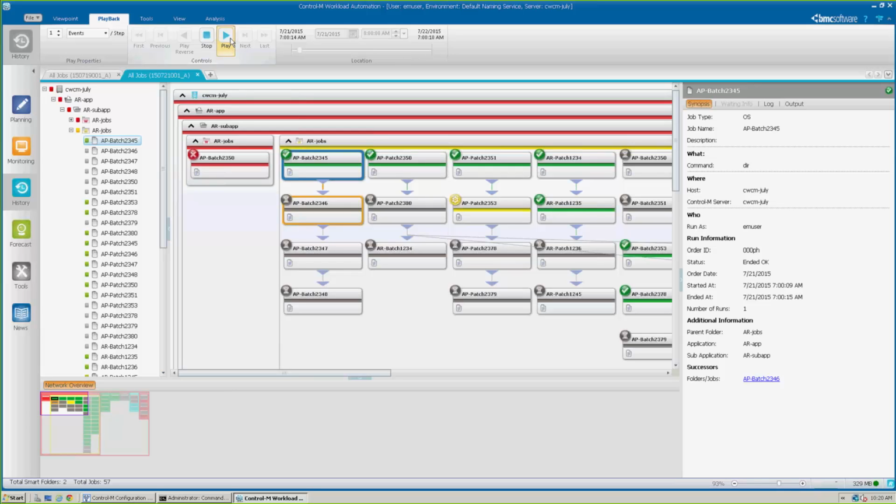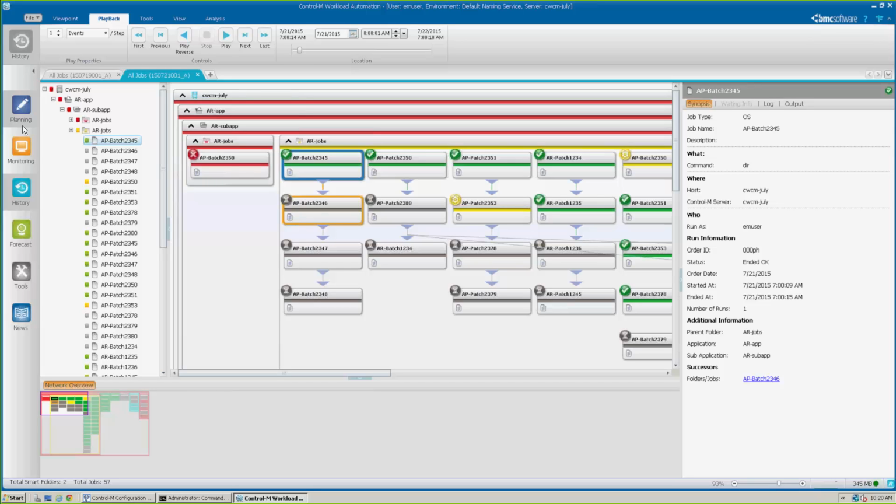some of the jobs are actually changing status, starting to run, and then we'll stop it. What this allows you to do is to go to any point in time yesterday, and you can see what all jobs were running at that time, just before that time, just after that time. Very useful feature if you're trying to figure out what happened and something that happened at a specific point in